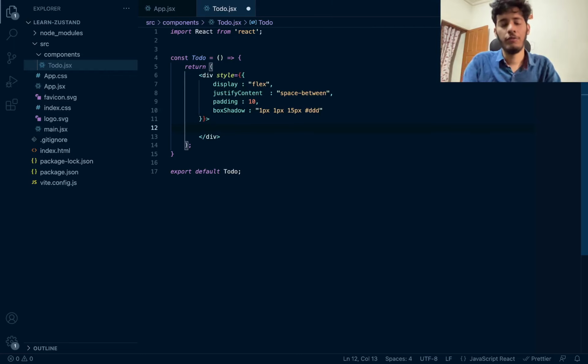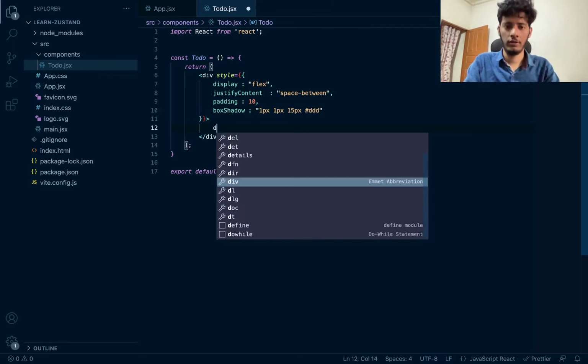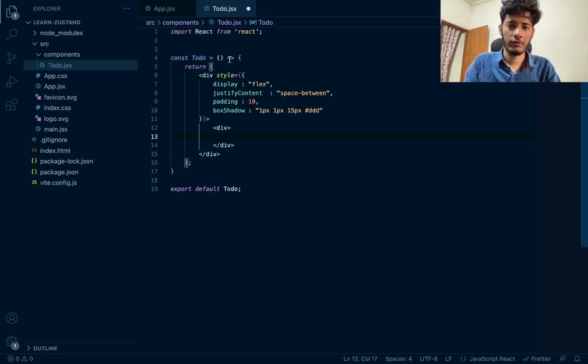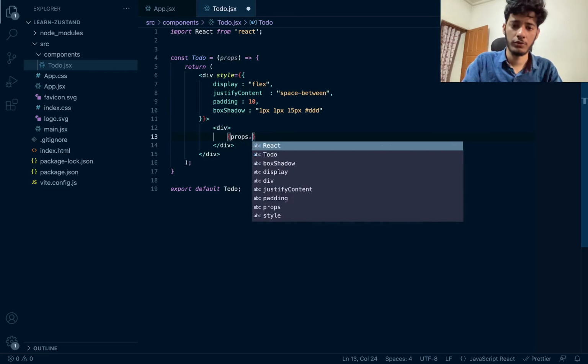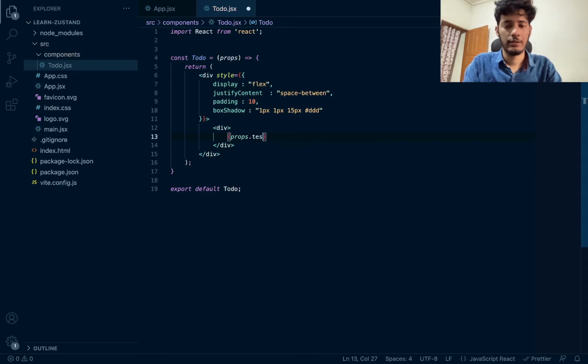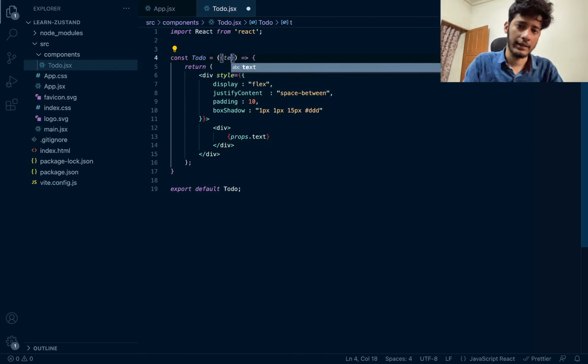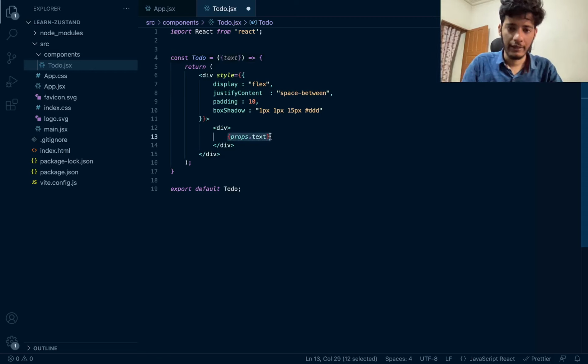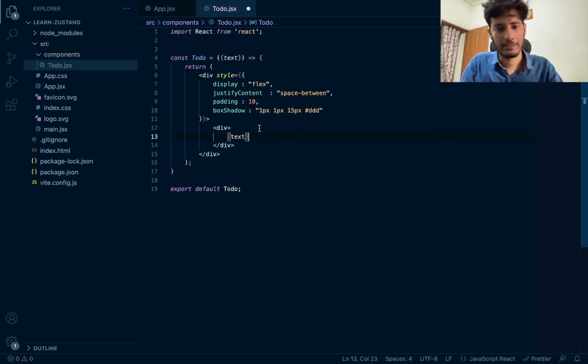The next thing is we will be actually putting two things over here. First of all, a text which we'll be getting as a prop. So here we get props. You can do this, and you can write like this over here. That will also work. I mean, props dot text. This will also work, but I don't like this approach for many reasons. So what we'll do is we'll destructure this and we'll say text. So now we don't need to write the props dot everywhere. So it's like only text.